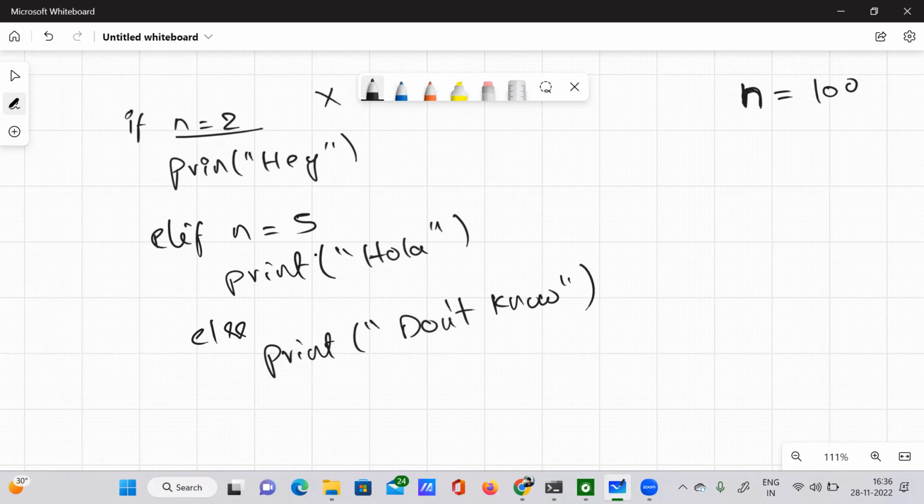So it will usually go on to the second block of code, that is elif. It will check whether n equal to 5 is matching. No, it is not matching. So it will go to the third block of code, that is else here. It won't check anything now. Why? Because if the two previous conditions are false, then automatically my Python will print out this print function,